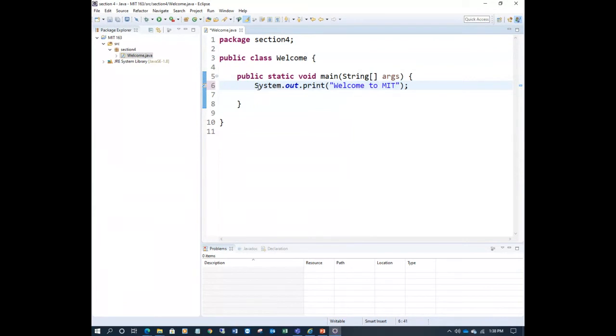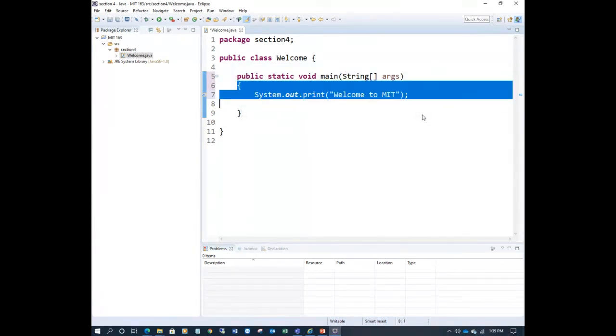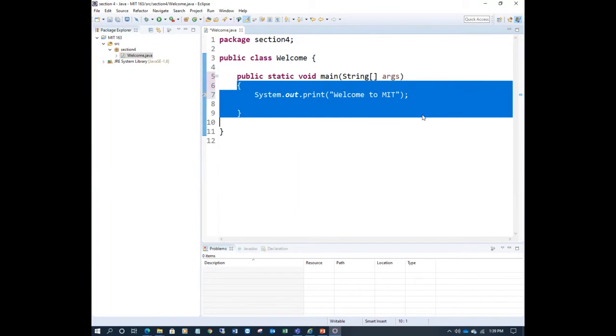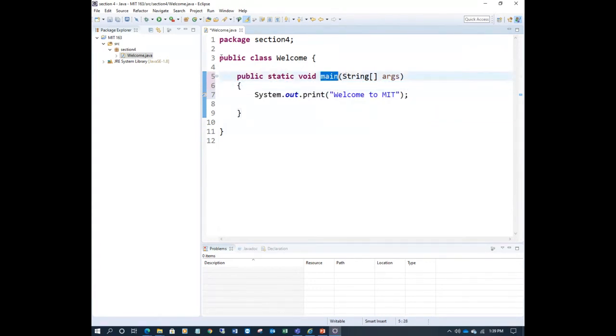Now this is an instruction or statement. What is the definition of a program? A program is a group of statements. We have one statement here, but we can have more statements. Make sure you write the statements within the main. For example, here is the main; don't write outside it, right? Whatever instructions you write for simple programs, you have to write within the main method. This is the main method here. So do not change any other words. Now these are simple programs.